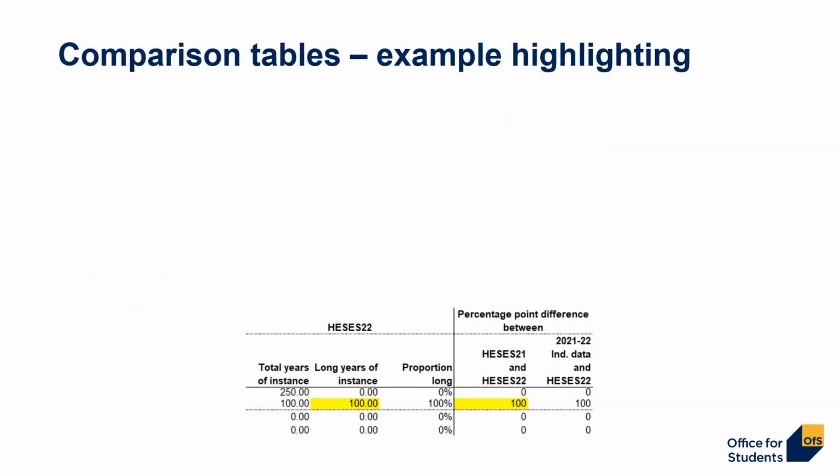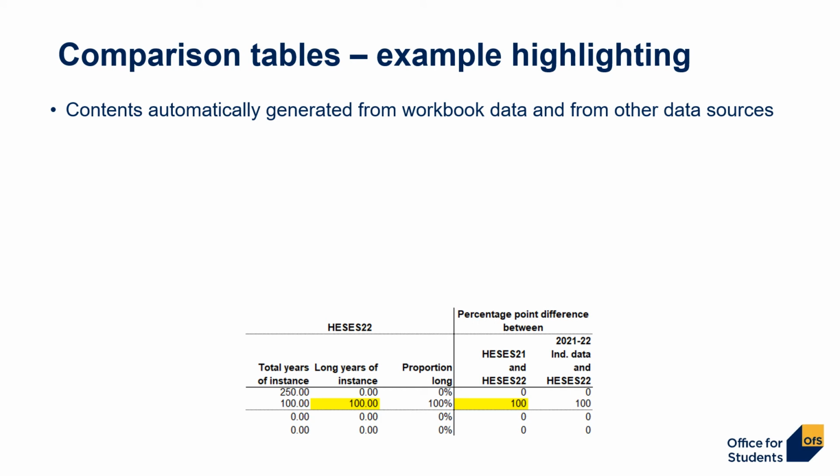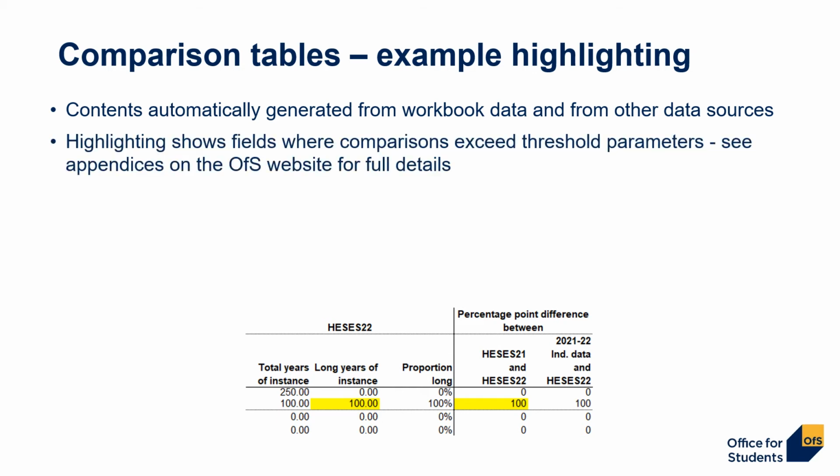Next, the comparison tables. These appear towards the end of the HESES workbook. Their contents are automatically generated from the data entered into it and from other sources for individualized data. Because there are several variants of these tables, it's not worth giving a specific example of highlighting in them, but you will probably notice these when you're preparing your workbook for submission. This is just an illustration of the type of thing that you might see. The point to remember here is that this type of highlighting appears if